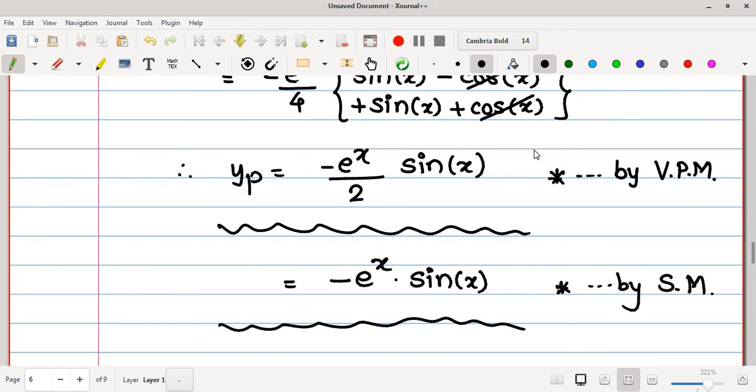So if your question is to solve the following differential equation by using variation of parameters method only, then we have to follow the specific method of solving, because there are some examples where your general solution or value of particular integral will be a little bit different than the final answer. So method of solving is important. So observe the problem wisely, read it carefully, and then find the general solution.